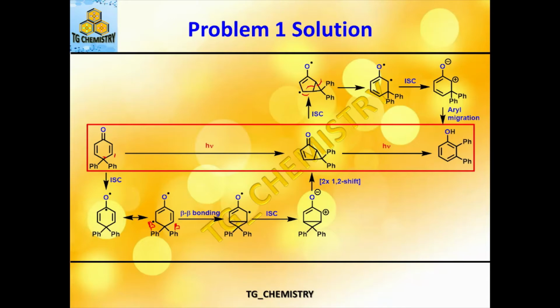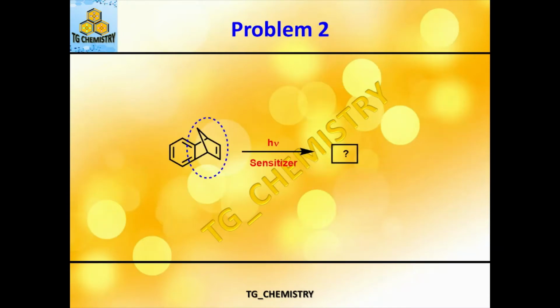So this is the whole pathway for the course of the reaction, when the first product of photoirradiation of this dienone system is further exposed on photoirradiation. Next we will be talking about the second problem, and here this is a 1,4-dihydro 1,4-methano naphthalene substrate, what you can see here,